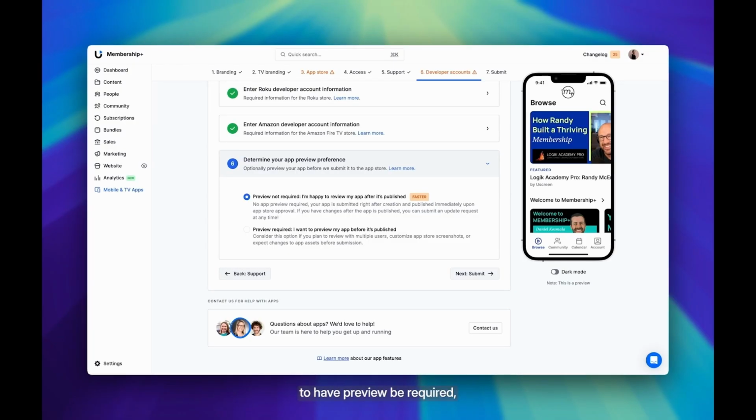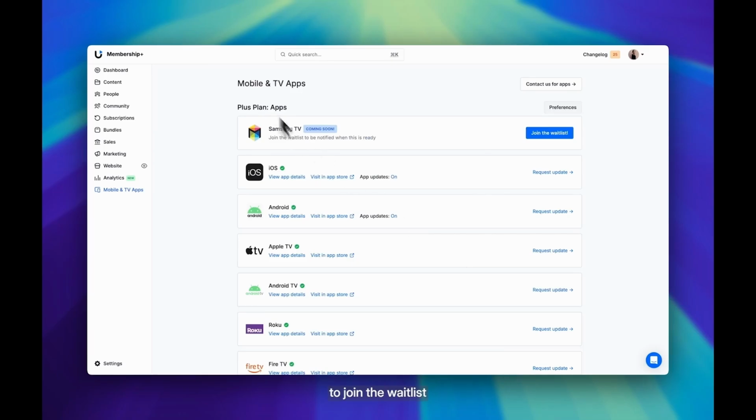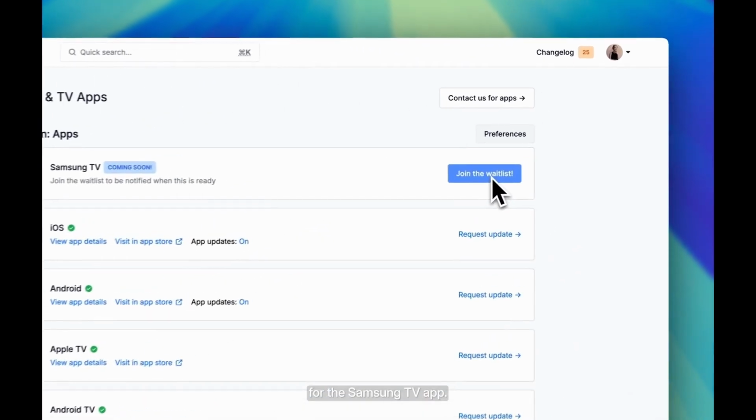Or you can select to have preview be required, which means that you want to preview your app before it's published. And then you'll head to Submit. To join the waitlist for the Samsung TV app, simply hit the Join the Waitlist button and fill in the